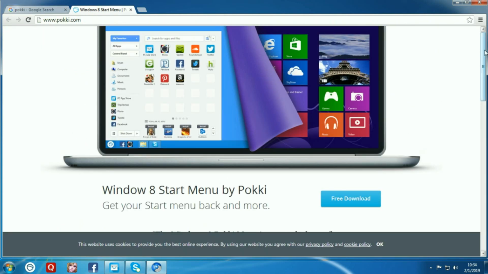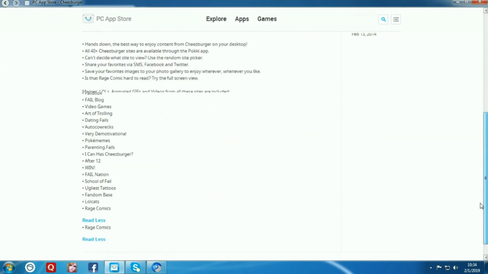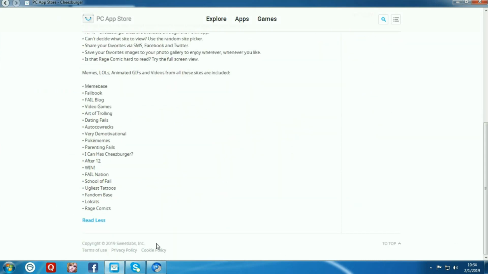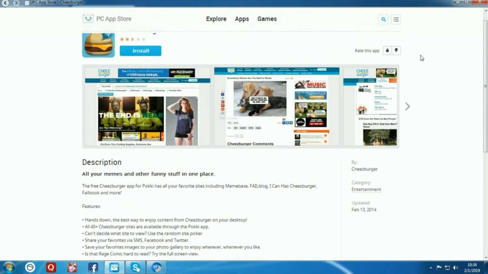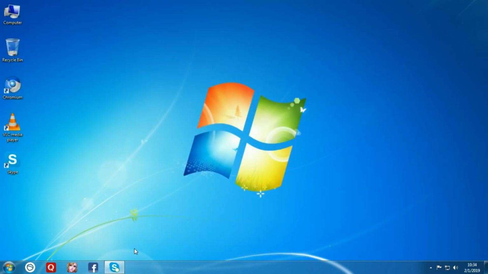So here is the Pokki website. It's still up, you can still install it, it's still alive basically because the store still works. Of course it's developed by, as I mentioned, Sweet Labs Inc., as it says down the bottom of the App Store. But yeah, and you've got stuff like Classic Shell, as I mentioned before, like a broken record that I am. You've got all those other interesting things, and you can still install them, but as far as I'm aware, Classic Shell, amongst most of them that I've mentioned, have stopped development because of the reasons behind Windows 10,